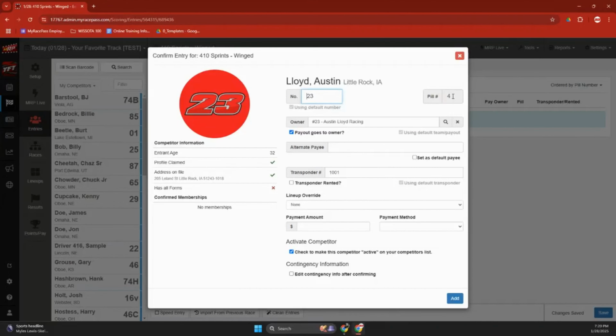Now, I have it set to auto draw, so it drew this driver a 4. Can't edit that field. That's the pill draw number for that driver. It's that 4. There's step 1 done. Step 2,